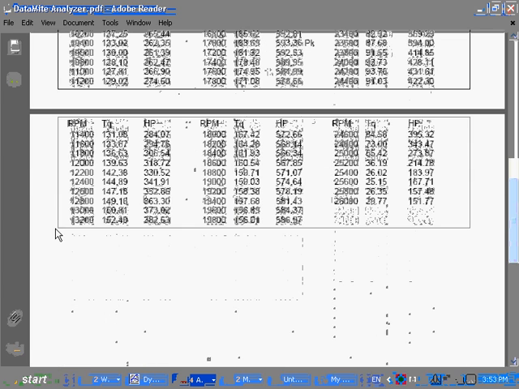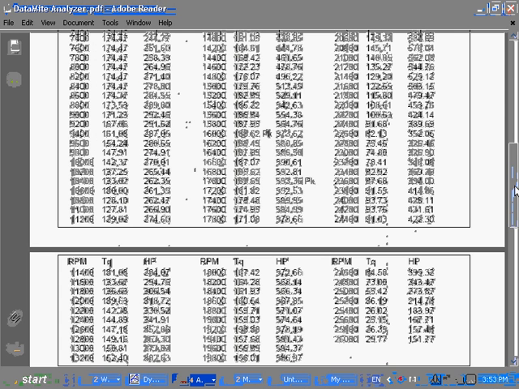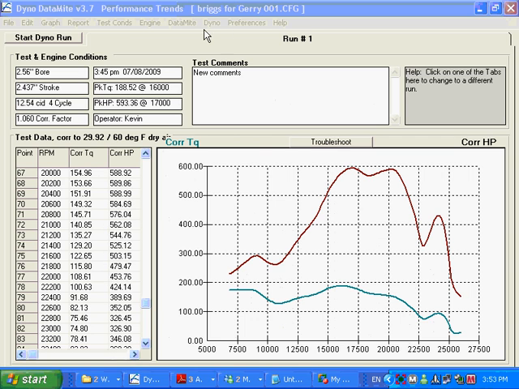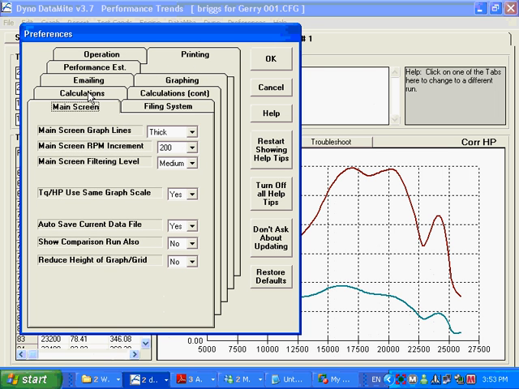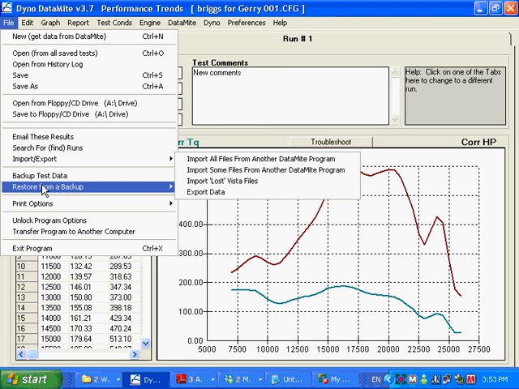Now you could say, man, that's how it goes on 2 sheets of paper, or it's every 200 RPM. I don't want something that big. So again, what you can do here, I'm going to get out of that, and I'm going to show you here on preferences, how you use preferences, and I'm going to change this increment here from every 200 RPM to every 500 RPM. Keep that change, and I'm going to click on File, Print